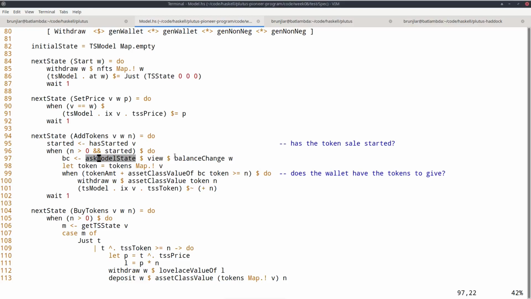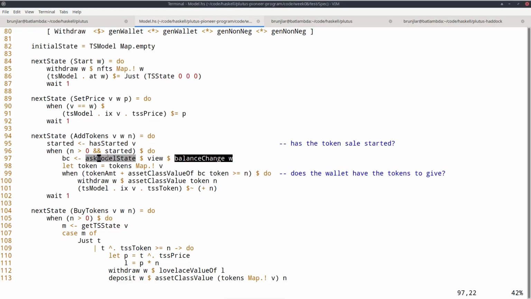And finally, there's a balanceChangeW lens that is a lens from a model state to the balance change of that wallet. Balance change means how much the funds of that wallet have changed since the beginning of the simulation. So view balanceChangeW is a function from model state to value.